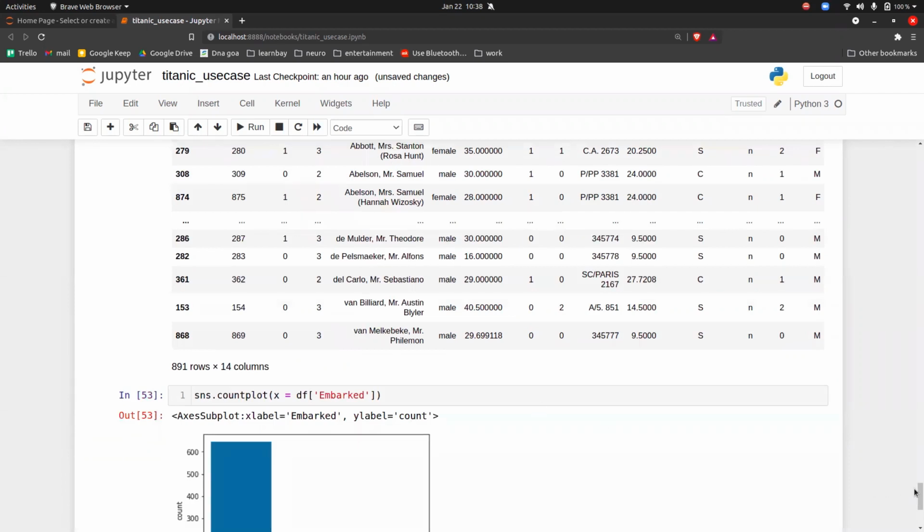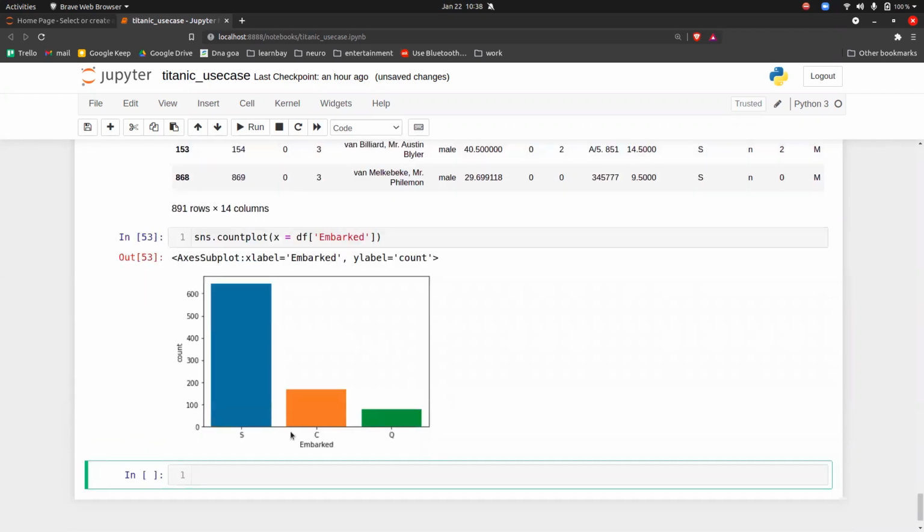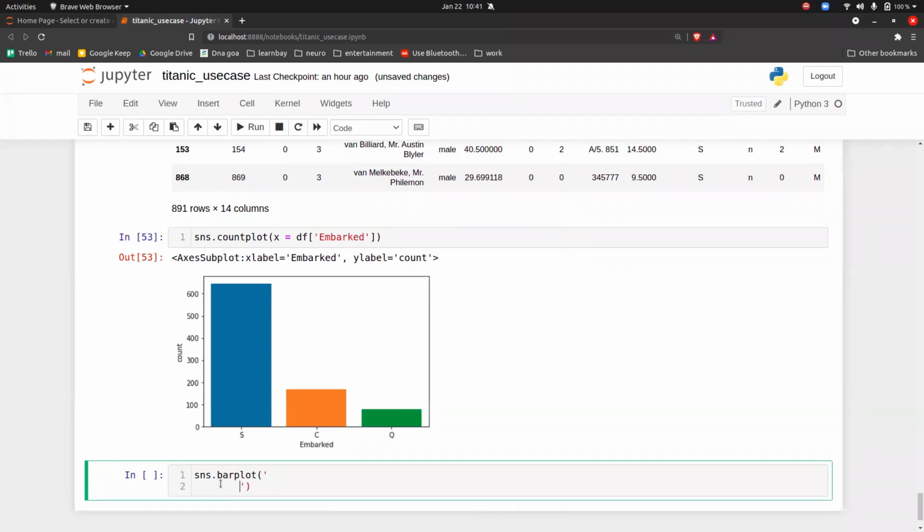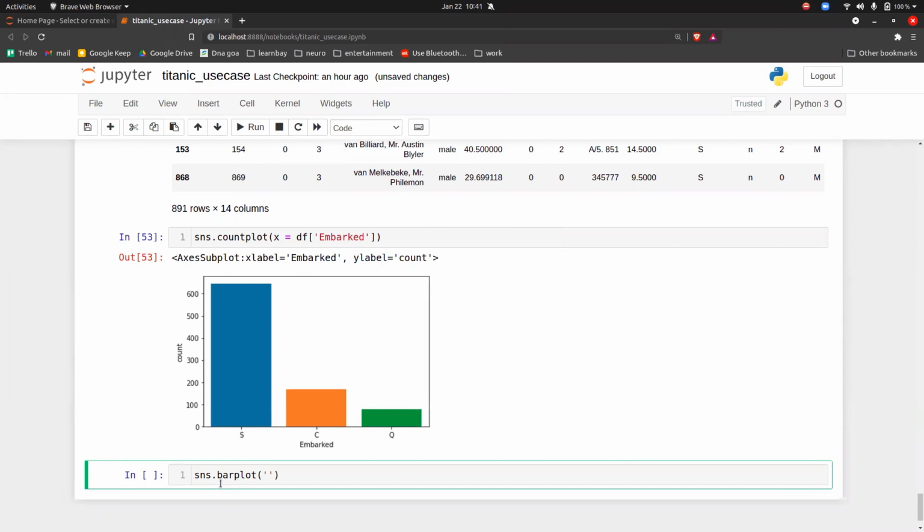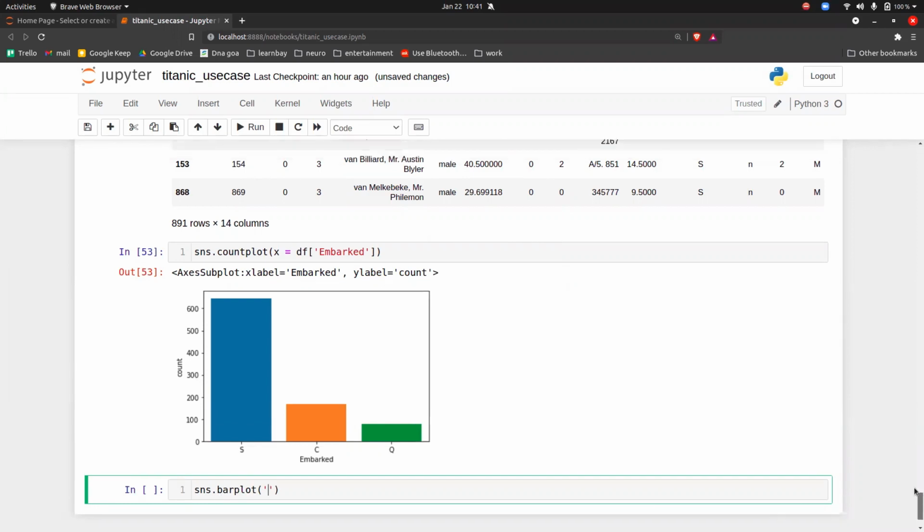Execute it, and here you will get the answer. So S, C, and Q. Among S, C, and Q, S is the place where the maximum number of people boarded. If I want to know which gender survived the most, how will you do it? With sns dot barplot, let's say we want male and survived, right?